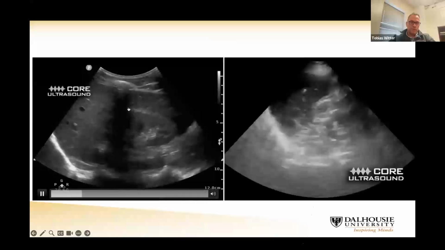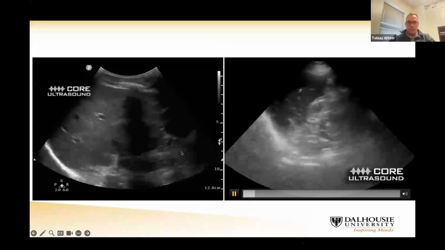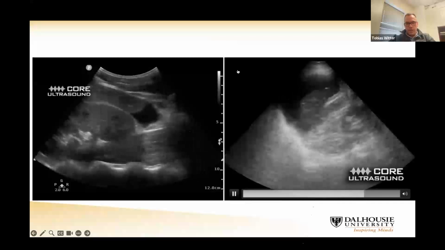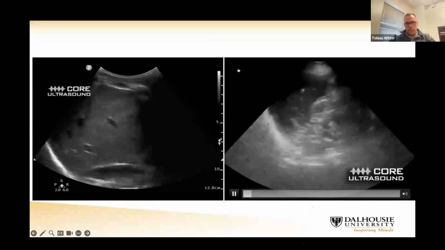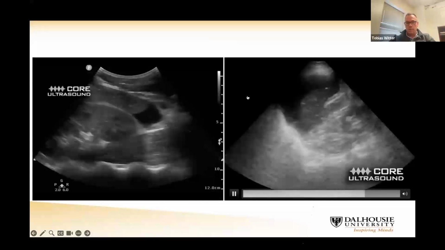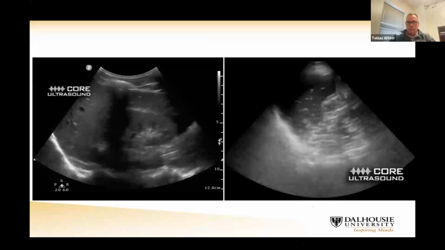You can see that there's no black fluid between the liver and kidney. And on the other side, on the spleen, looks a little bit murkier, but we can potentially make out that there's a little bit of fluid collection behind the spleen or between diaphragm and spleen. So maybe this patient had a spleen rupture. Needs to be confirmed.